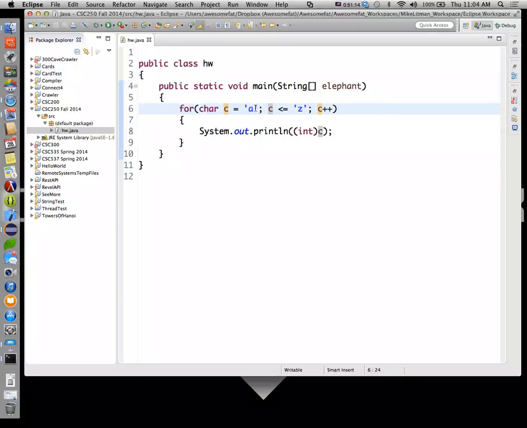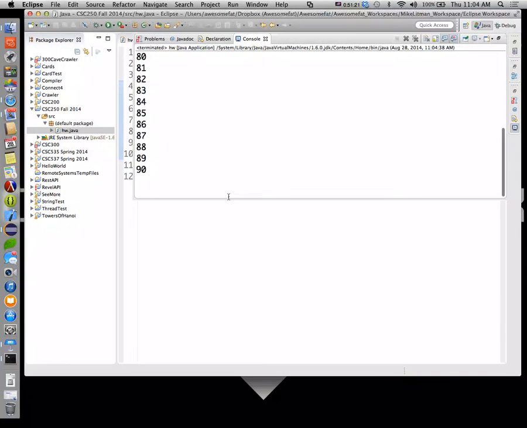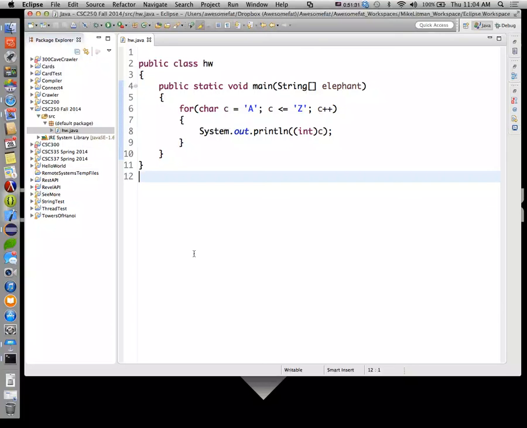We'll see uppercase letters come before the lowercase ones. So that's 65 to 90. All right, makes sense? So that's kind of our evidence that in Java, chars are actually represented as numbers. They are just displayed as characters.